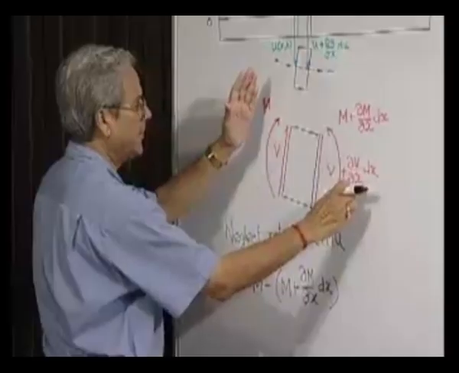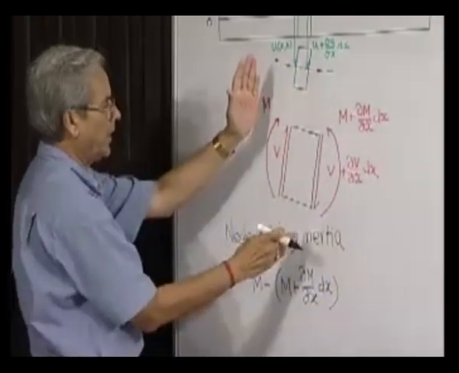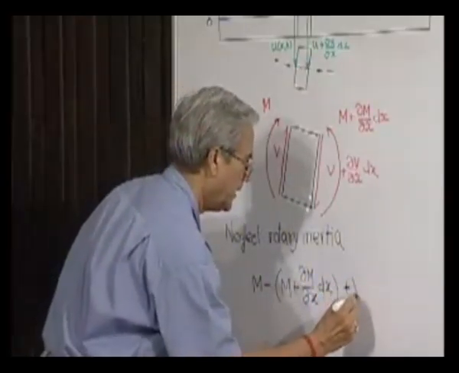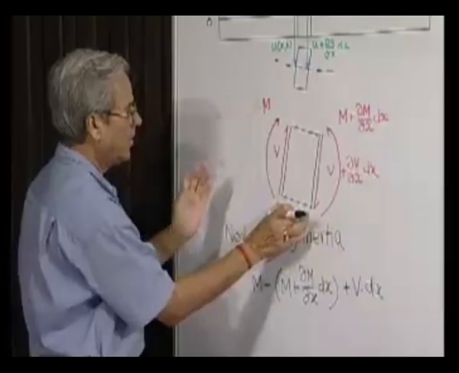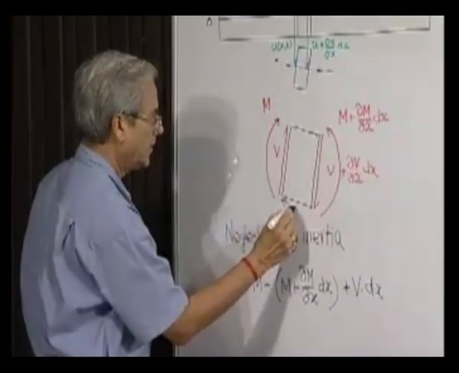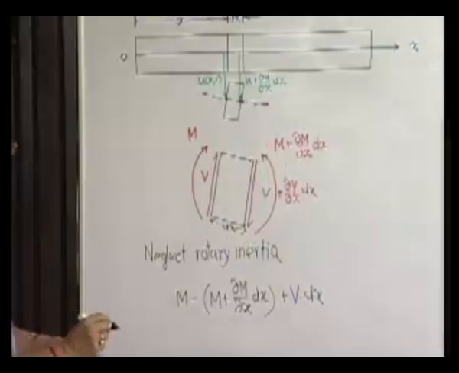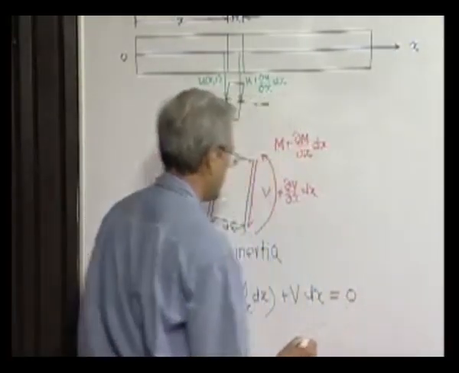This is slightly different from V, but nevertheless the total moment produced by two parallel and opposite forces will be V into dx. This behaves like a couple with arm length dx. This must be equal to 0 because there is no rotary inertia,